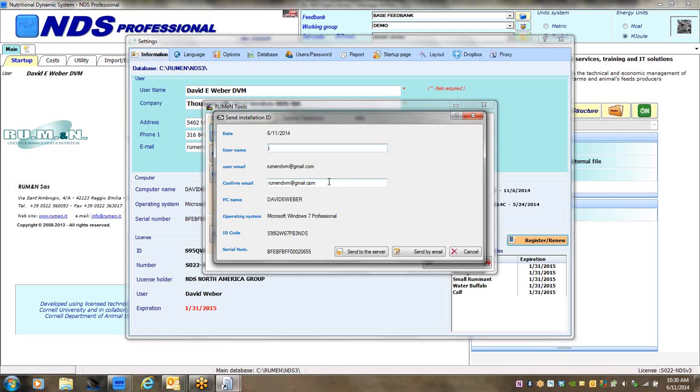In order to register the software, you need to come up with your username and put your email in. When you click send to server, your computer will connect to the mainframe computer in the Rumen office, and it'll take your ID from your operating system and link it to an ID code for the NDS software that will be registered to you. So the first option is to fill that in and click send to server. If for some reason that doesn't work, it'll create a text file that you can send by email